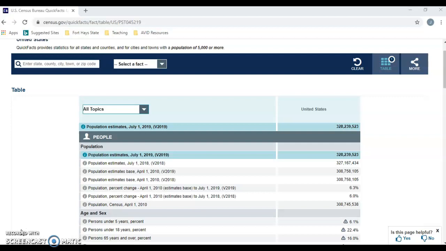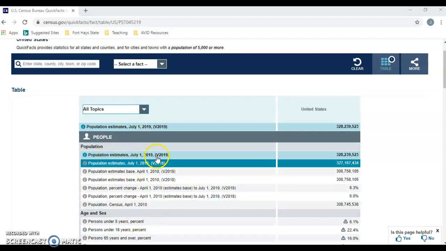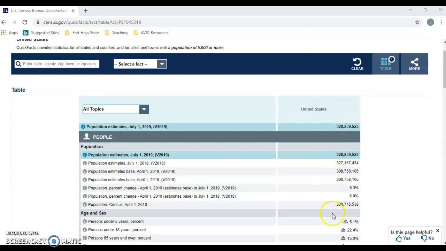Okay, so first you need to be looking at the website itself. It will come up with all of the topics listed here. It has headers and subheaders, and it already shows the numbers for all of the United States as of 2019, July 1. Okay, but if I'm going to look up a city, one of the cities that I need to do,